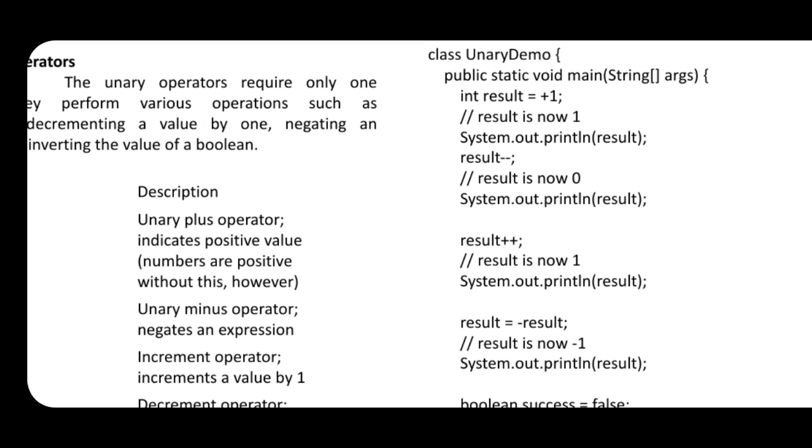Then next to that you are going to have result minus minus. Result minus minus means according to the unary operator, minus minus signifies it is going to decrement or reduce the value of variable result by 1. So 1 minus 1 is equals to 0. Then afterwards you are going to have result plus plus. Result plus plus stands for what? An increment by a value. Already result is having 0 value, so you are adding 1 to that. So 0 plus 1 is equals to 1 you are going to display.